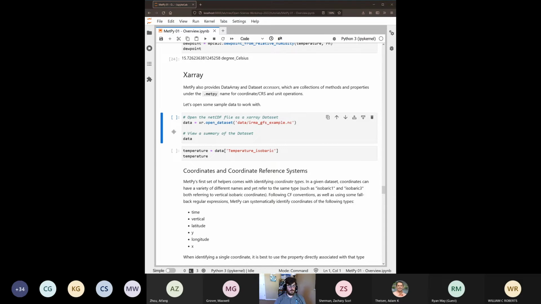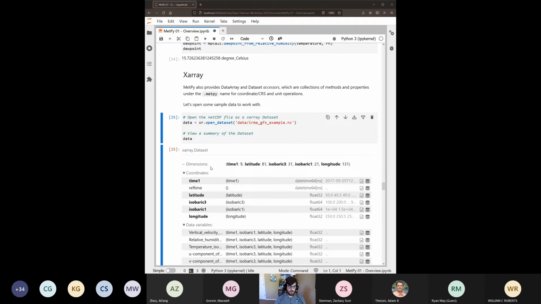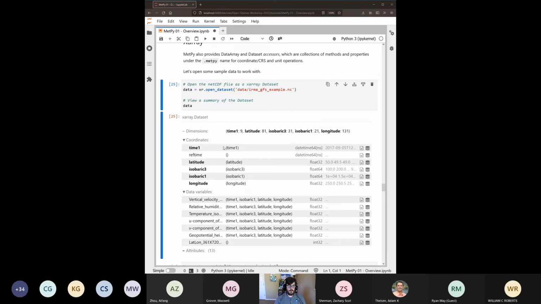So I'll show that in just a moment. Remember, I don't have to import anything unique here. If I've imported any MetPy module here, we will get access to the xarray helpers. I'm going to open up an xarray dataset, take a quick look at it. You'll see we have some GFS data with some ever so helpfully named time, latitude,